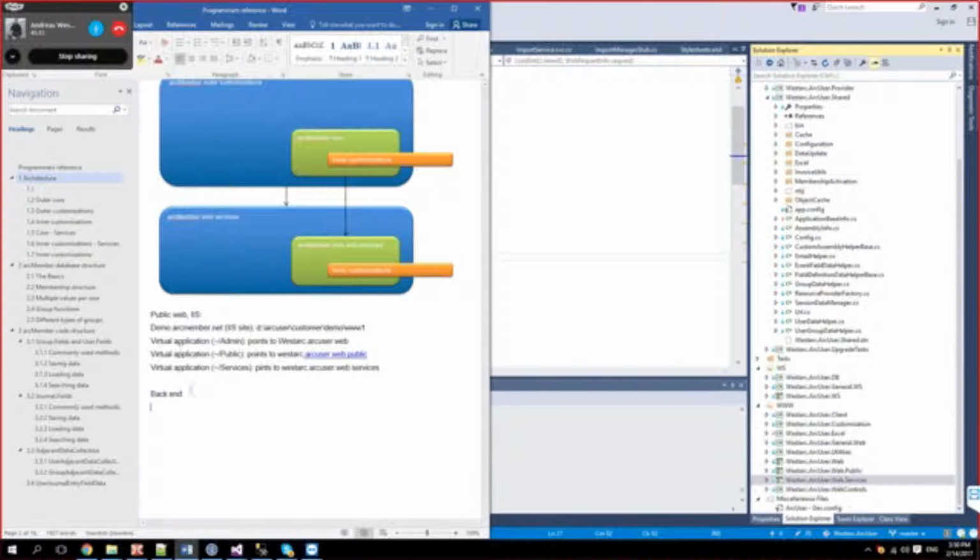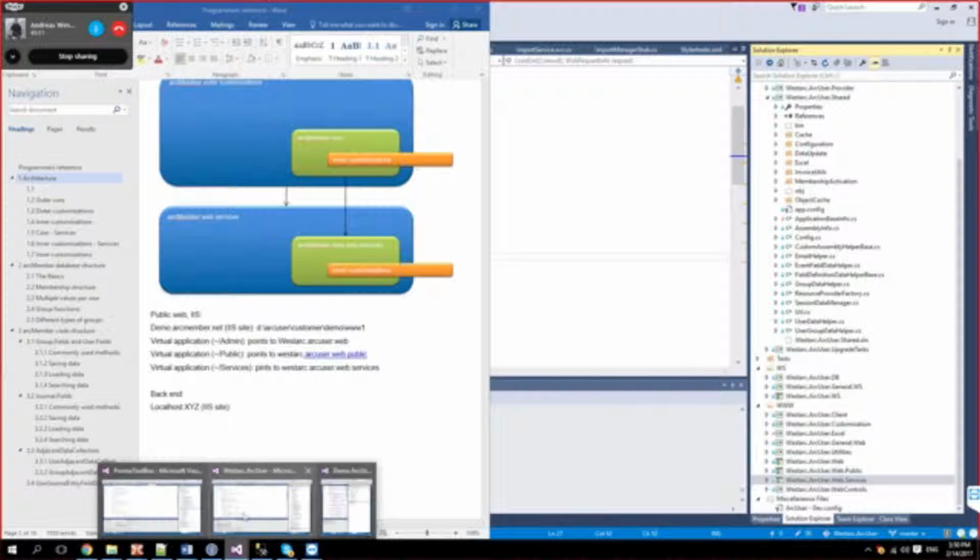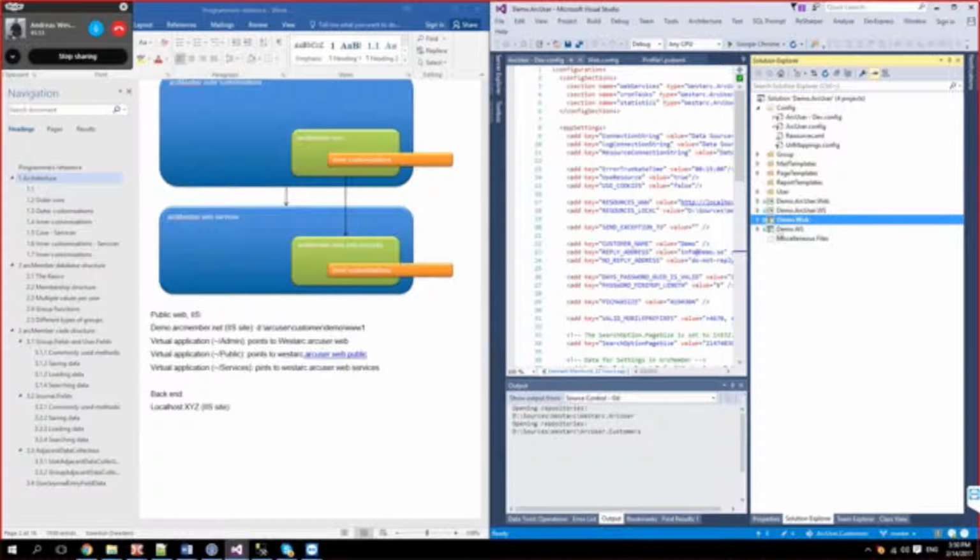We have this IIS site, but it's located under localhost with a port number. That's the IIS site, and this one points to this one. Okay.